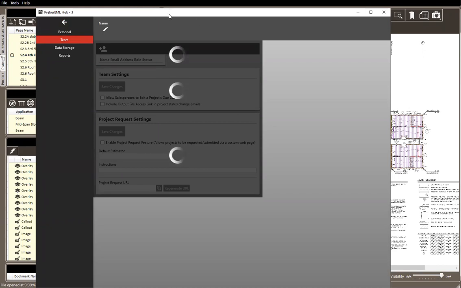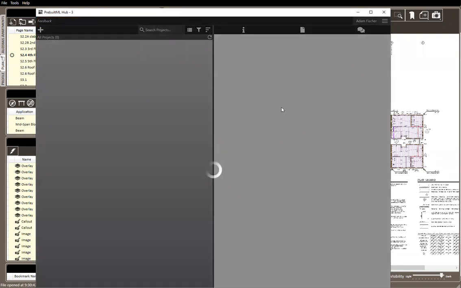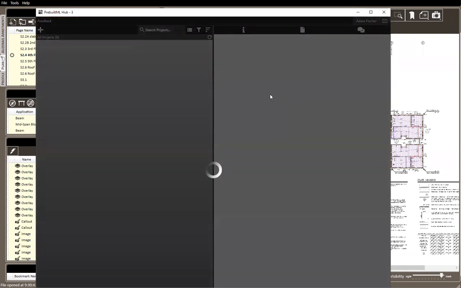Give it just a second here to catch up. Okay, and so one of the options that you have is to include output file access links in the project status change emails. What this is, if you are sending out emails to your salespeople or people you're doing the work for, and you want them to be able to have access to those files without having to go back and get those again,